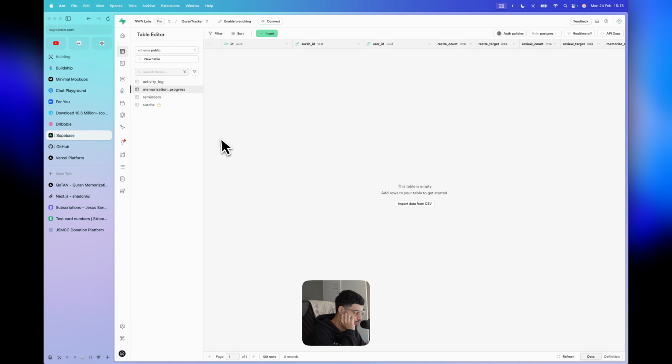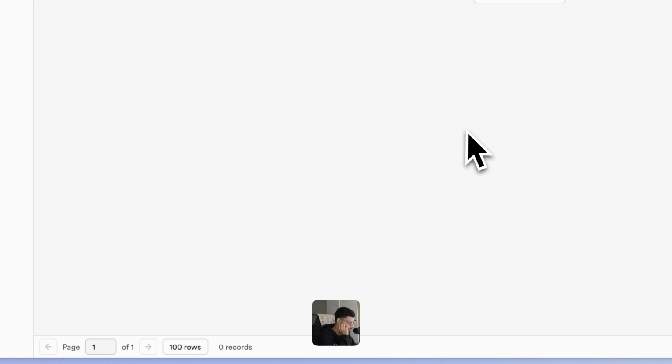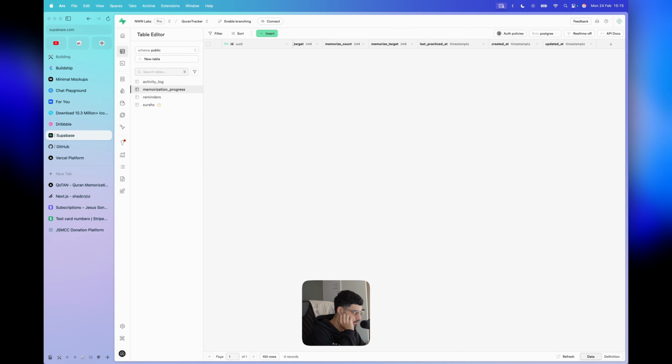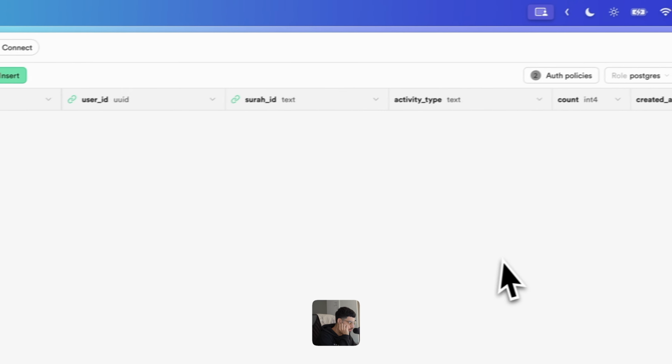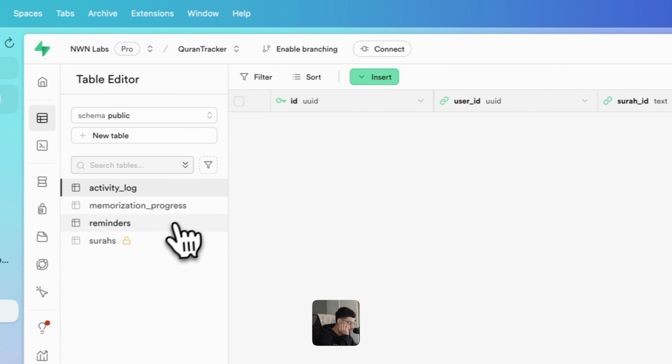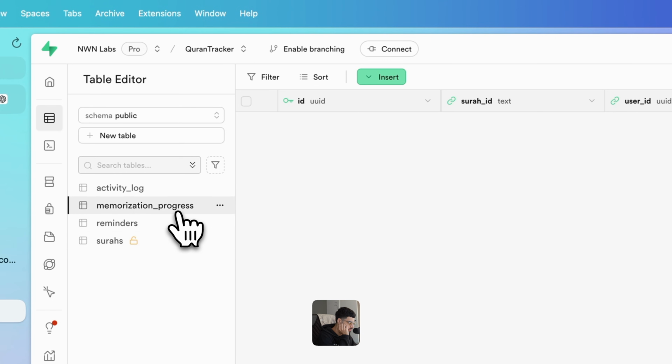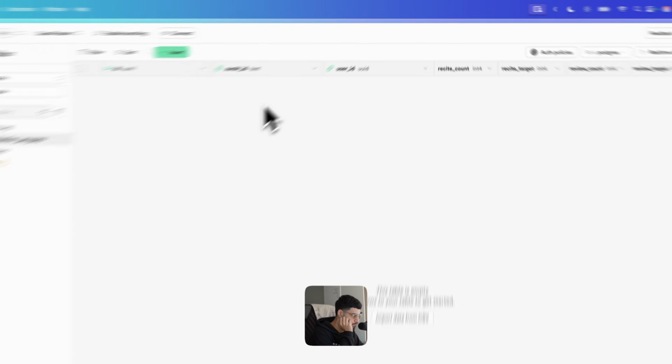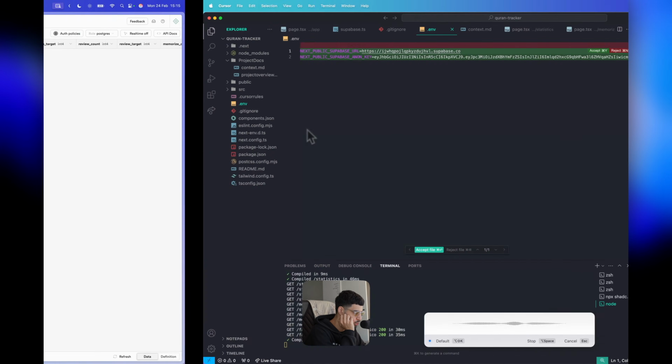All I want to do is save the recite count, so the tally count, and then put the total count, which is recite target, so that'll be 30. Or recite target, review target, memorization target is all 30. And then just timestamps. And yeah, so it's very simple. Activity log, I don't really think we actually need an activity log at the moment, but we can leave that for now. But all I want you to do is just fill in the memorization progress table with this information and then specify it to what surah it is.